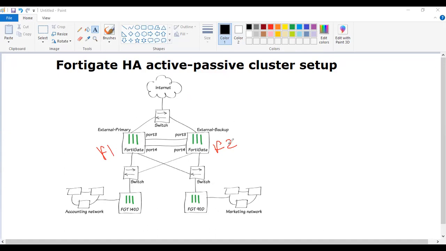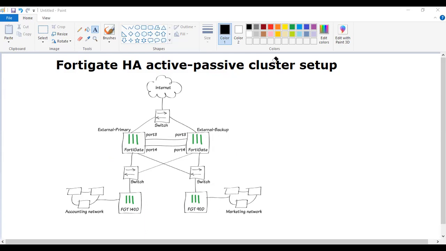Before configuration, I will show you what the prerequisites for HA configuration are. FortiGate HA configuration prerequisites: the FortiGate model and firmware must be the same.